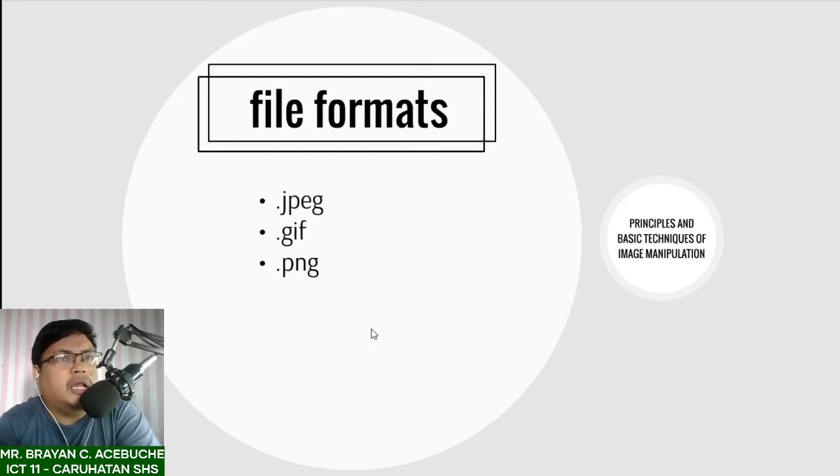Paano sir kapag halimbawa ay tarpaulin? Tarpaulin. So meron file formats na ginagamit para sa mga ganon. At tinatawag itong .tiff. But it depends on the size of the tarpaulin ha. Kasi yung ibang tarpaulin kaya naman ng PNG lang. Pero there are images such as yung mga kagaya ng mga billboards, 'di ba? Yung mga malalaki. Sobrang laki talaga. So ang ginagamit na doon is .tiff, which stands for Tag Image File